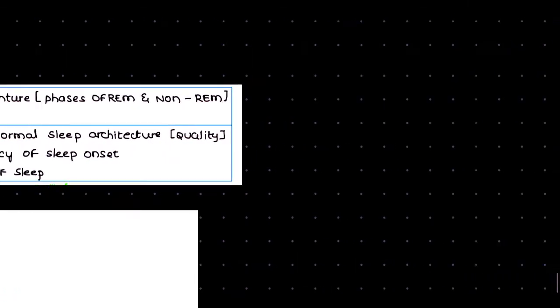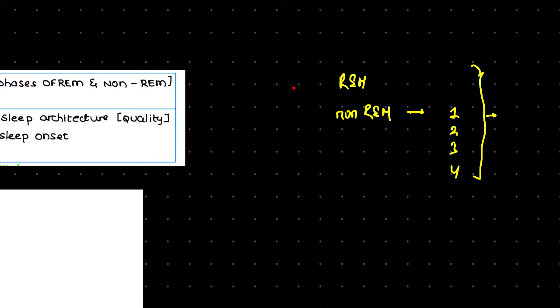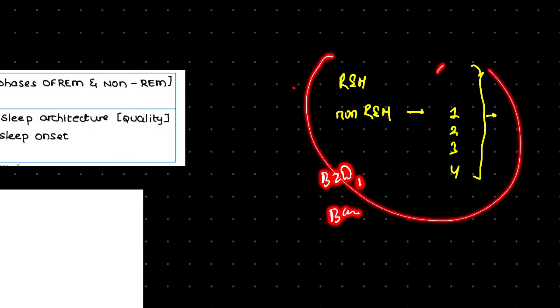Now how will the quality of sleep be disturbed? As we have mentioned, there is REM sleep and non-REM sleep, with 1, 2, 3, 4 phases of non-REM sleep. For quality of sleep, all these phases should get their adequate duration. But when we give benzodiazepine and barbiturate, these phases will not get